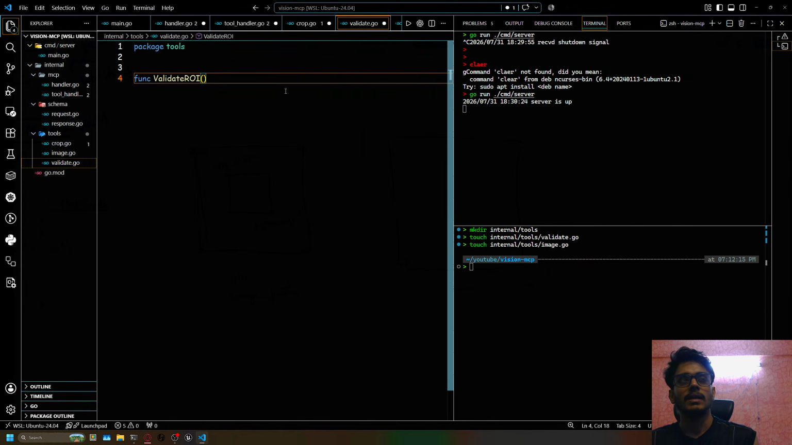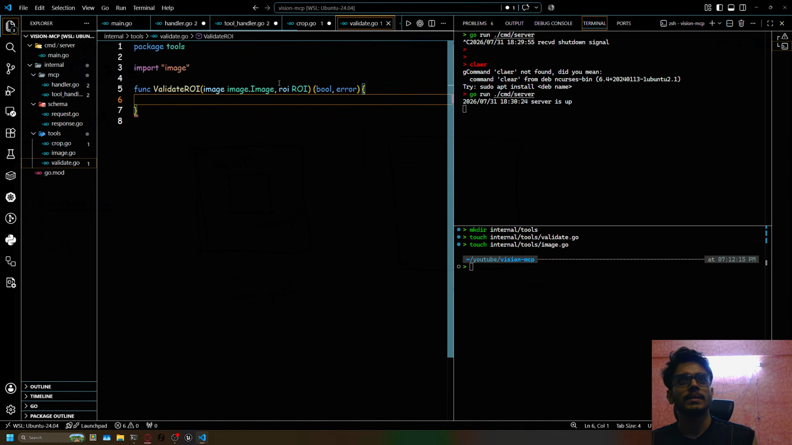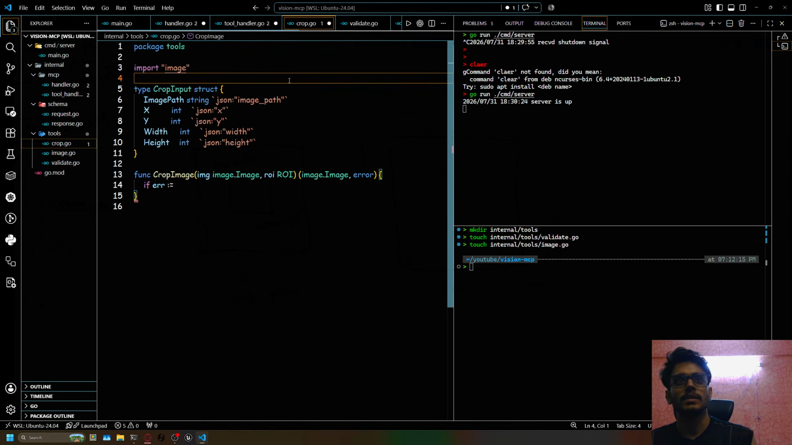Okay, and it will take a ROI. Okay, and it will take an image.Image, and it will return me, let's say, a boolean and an error, if it is failed to validate. Okay, and for now, let's say it returns false and nil. Okay, now crop will call it,